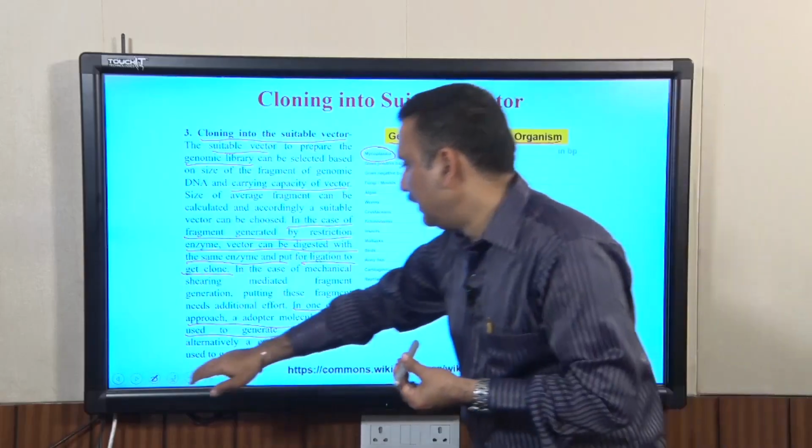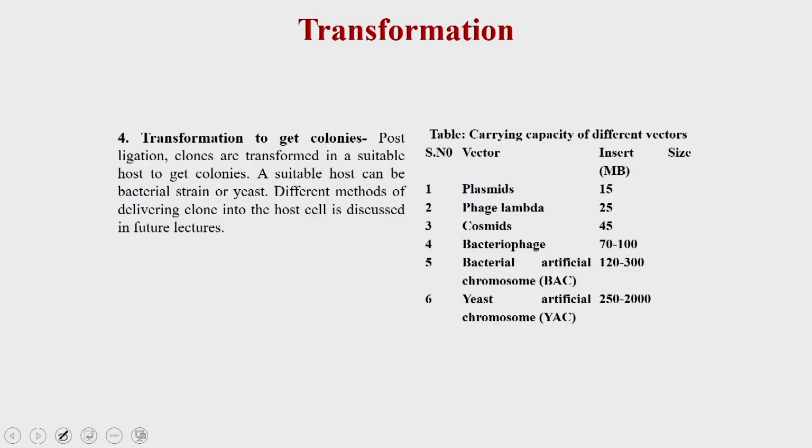Now, let us see the different vectors which you can use. So, you have plasmids, which are bacterial plasmids, then you have phage lambda, you have cosmids, you have the bacteriophage, you have the bacterial artificial chromosome or BAC, and then you have the yeast artificial chromosome or YAC. All these vectors have different carrying capacities. For example, in the case of plasmid you have a carrying capacity of 15 MB,